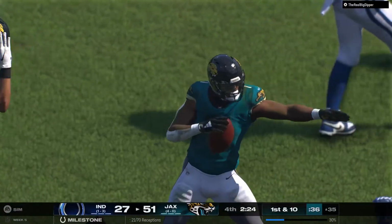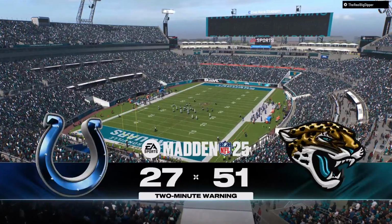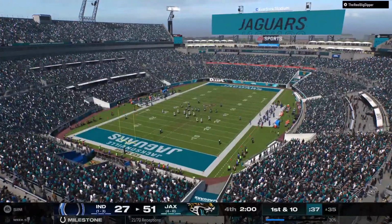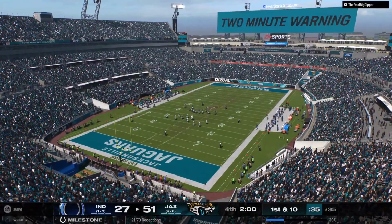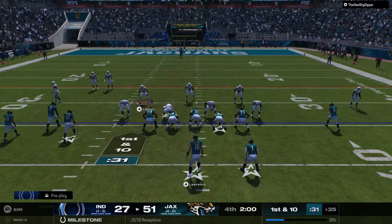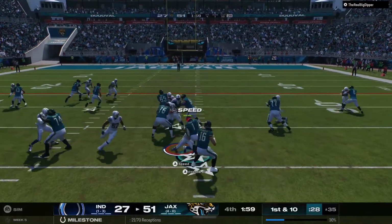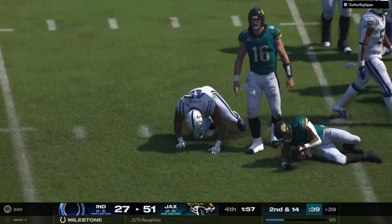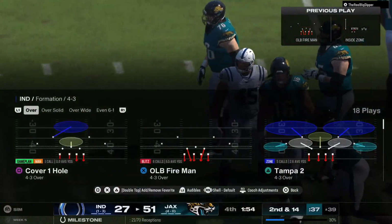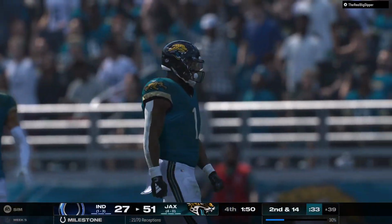And he's got this down to the 35. Just 2 minutes remaining here in the 4th quarter of what has been a one-sided affair. So it's Jaguar football here as we welcome you back. And the scoreboard on their side, they're just looking to melt away these final couple of minutes and put this one in the left-hand column. And forget about finding a lane. He barely had time to look up before he was planted in the backfield. Yikes, a 4-yard loss really sets him